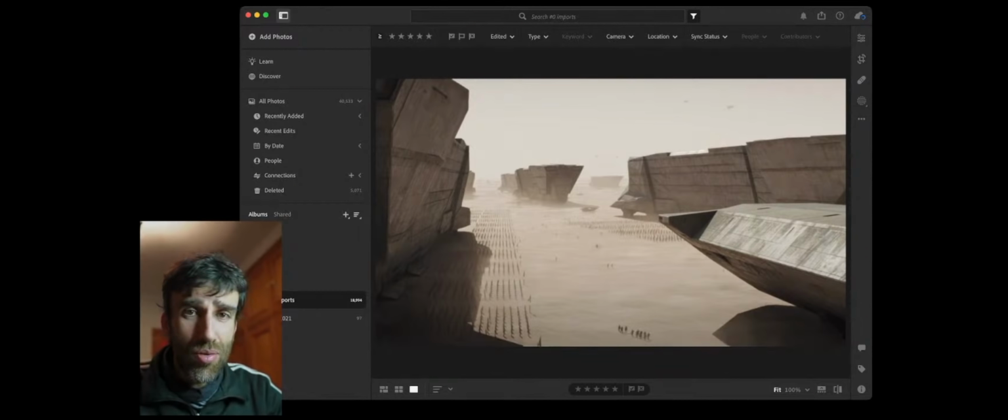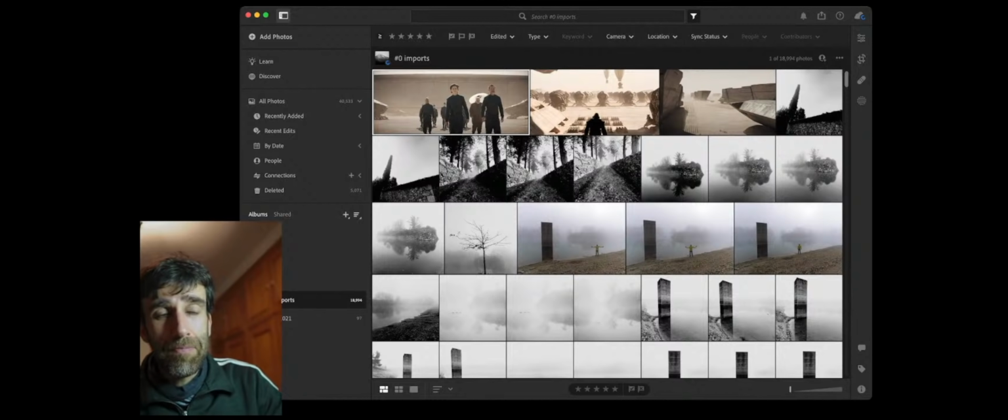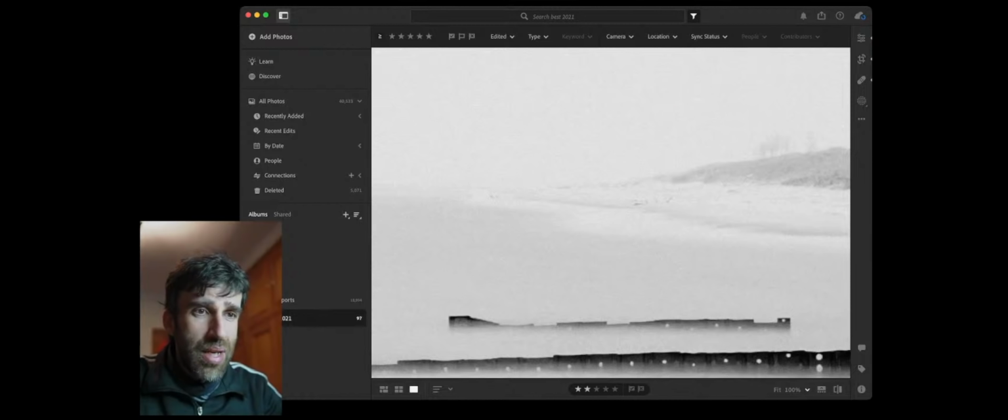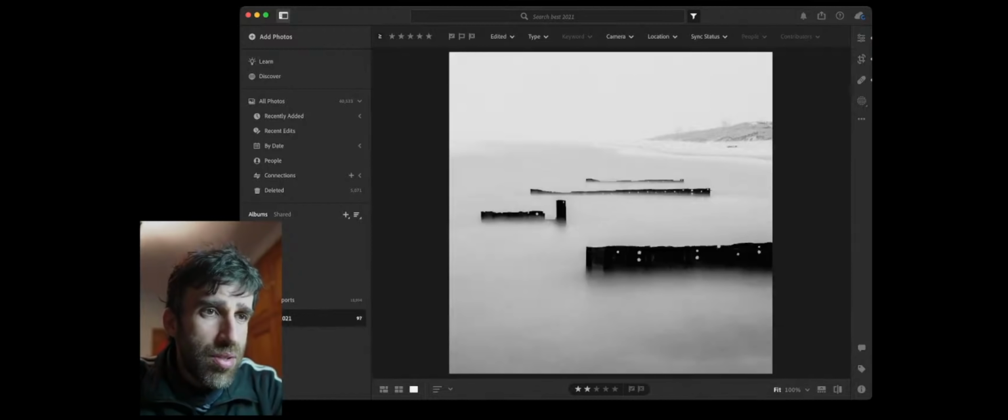The highlights are totally blown out. It's something that I try to use in my photography as well. The sky is totally blown out, and the beach is a little bit blown out as well, as you can